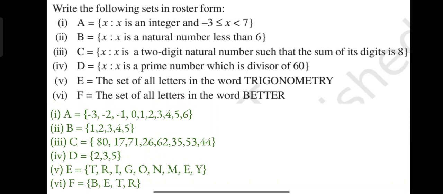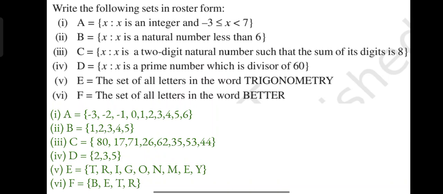What is it? The sum of the digits should be 8. So in a 2-digit number there will be 2 digits, and when we add those 2 digits we should get 8, not 6, not 9. Okay, we should get definitely 8. So 8 plus 0 gives us 8. So we can write two numbers from this. What are they? 08 as well as 80. 80 is read as 80, and 80 is a 2-digit number so we can write it, but 08 is read as 8 and 8 is a 1-digit number, so we can't write 08.